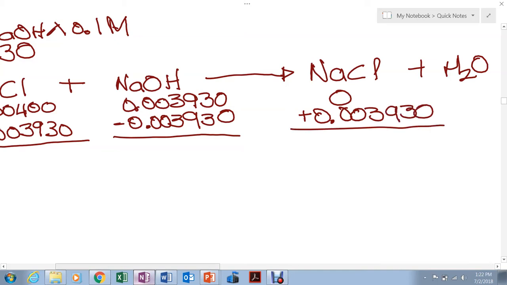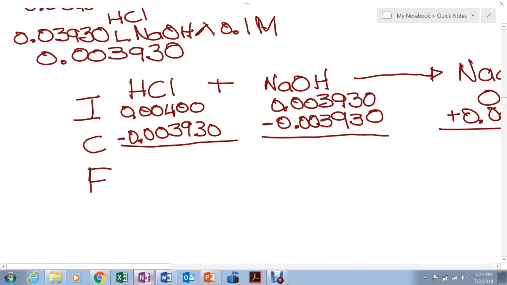How do I know? Because this number is smaller than this. That means that this is still the limiting reactant, and this you're going to have an excess. So the final, on letter B, the final moles of acid is going to be 7.0